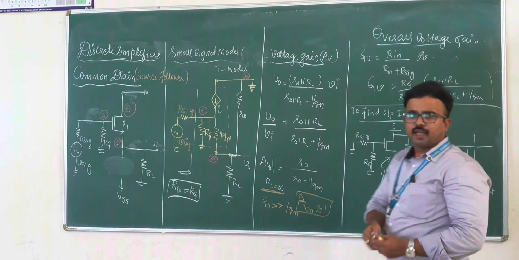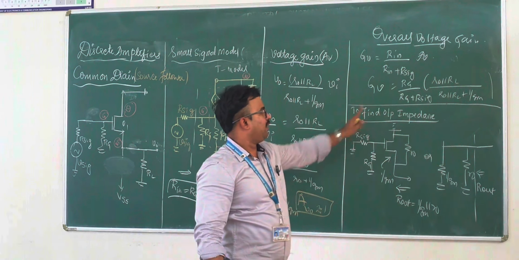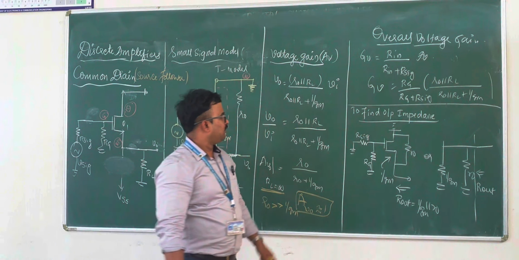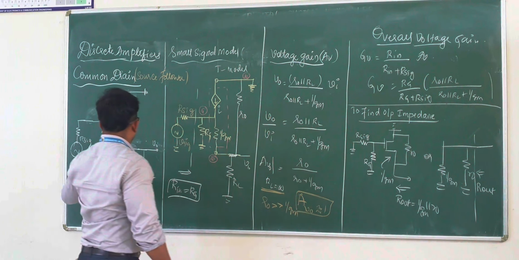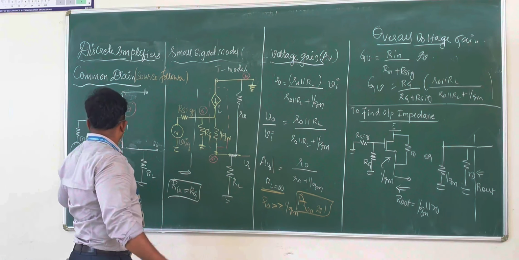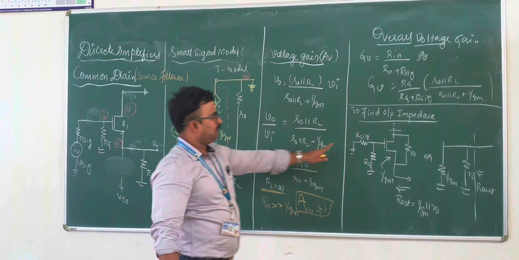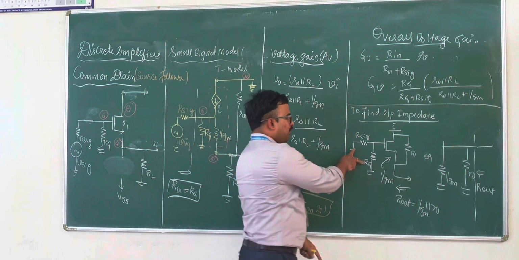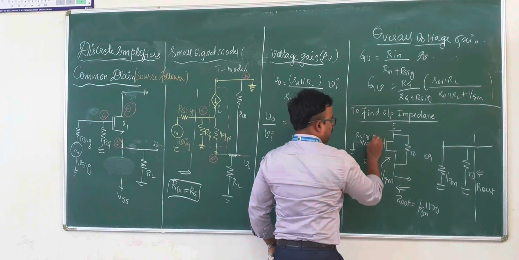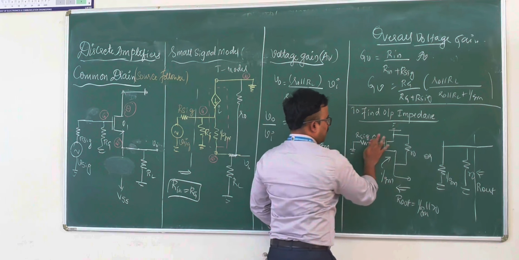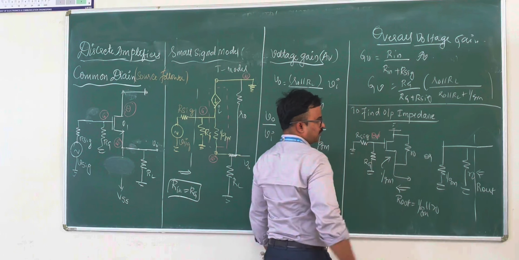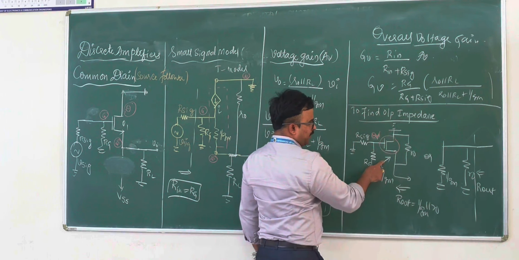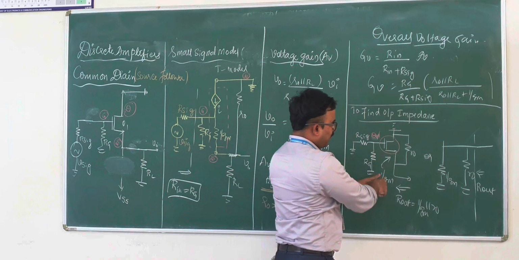Now, the very important change to be noted while finding the output impedance for this circuit. What is the change here? Right from the first circuit I am telling you, when you are finding the output impedance, make Vsig equal to 0. So this is the equivalent circuit, with Vsig equal to 0. Since both ends of Rg are connected to 0, the voltage at this point is 0, so it is acting like ground. There is no significance here. The impedance of this transistor is 1 by gm.